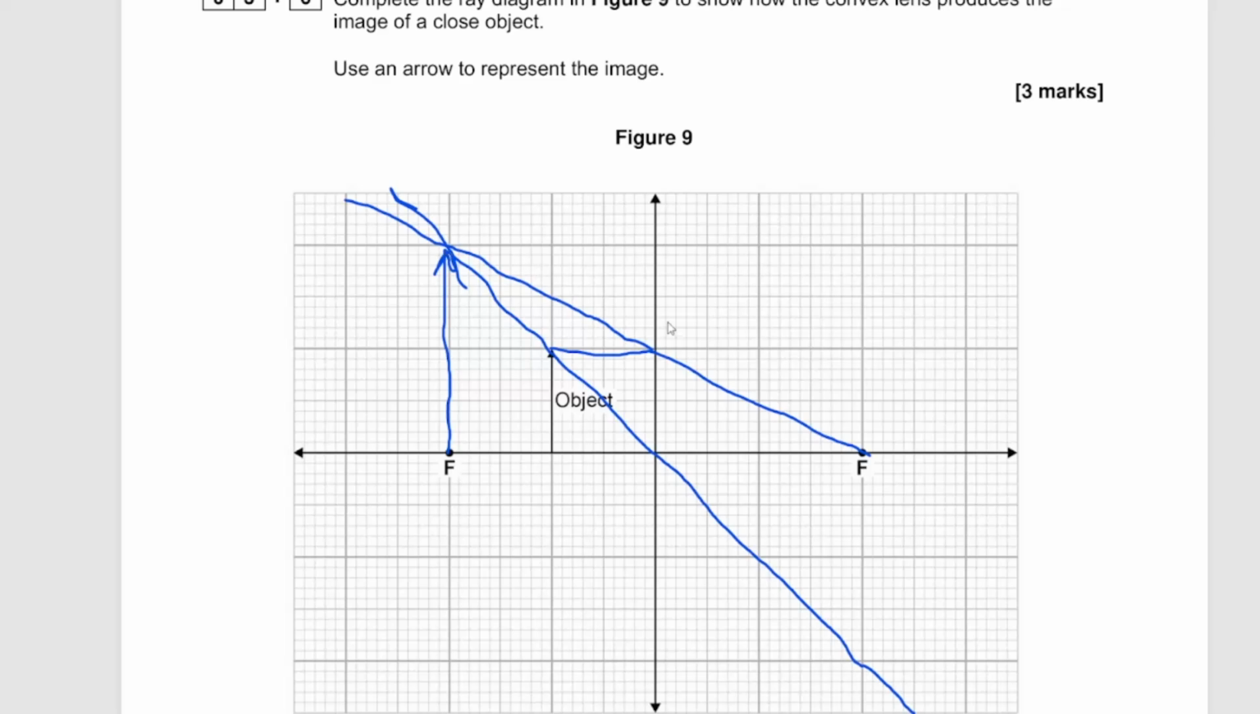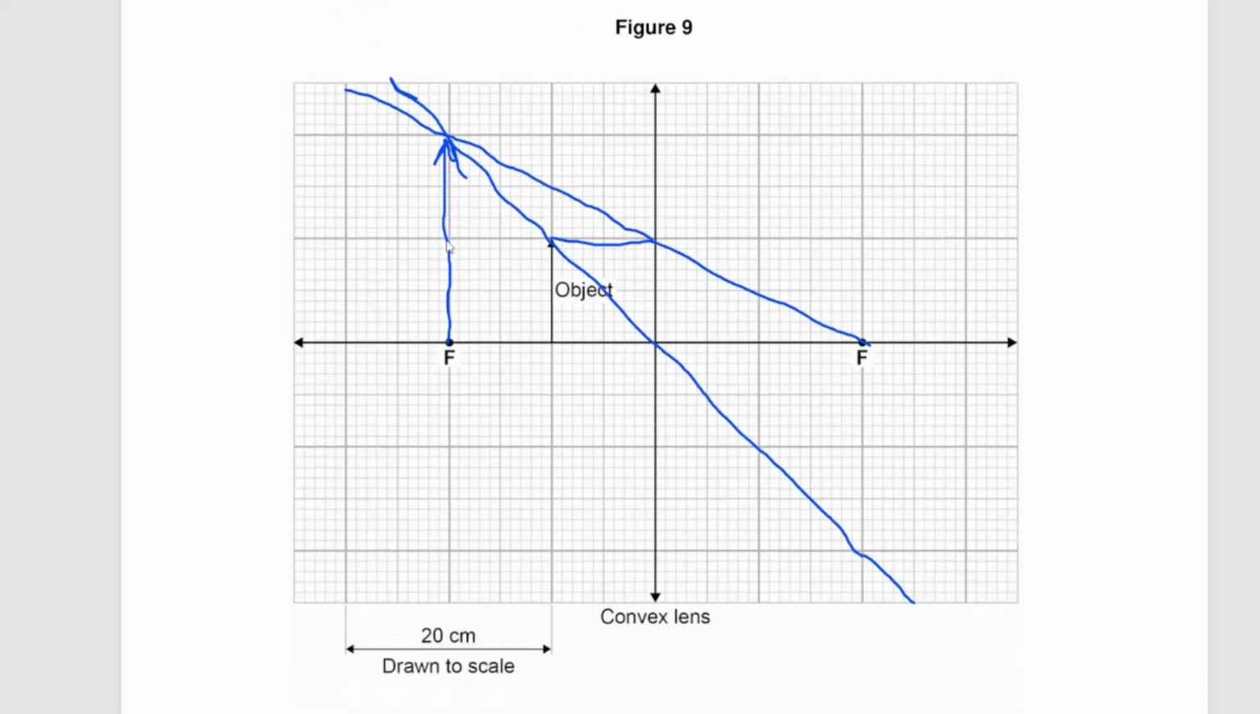Now, I probably should have done the imaginary lines in dotted. However, I still get the marks for that, and you can see that the images meet above the focal point, above the focal lens here. And then we're asked